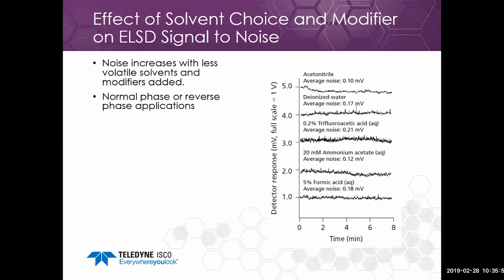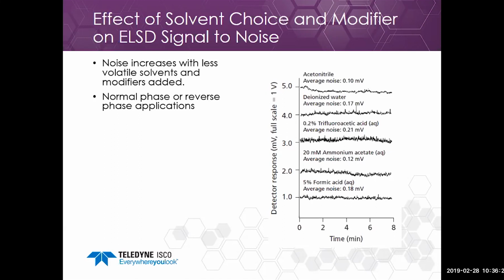So normal phase usually have more volatile solvents, so you're going to have less noise. As you go towards reverse phase applications or start adding modifiers like TFA or ammonium buffers or formic acid, you can see in this figure on the right here that the average noise increases with those additions. So as far as setting up and choosing parameters for your experiment, you want to try and minimize that noise